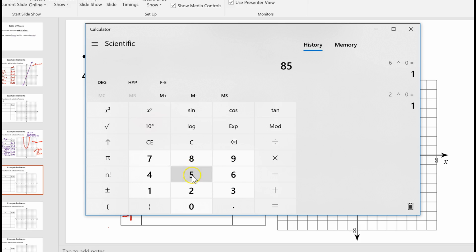I can do 8, 5, 2. I can put as many numbers in here as I want, in 0.5. And if I raise it to the 0 power, it's equal to 1. That is always going to be the case. It doesn't matter what I'm raising or what I have right here, what my base is. If my power is equal to 0, it's going to be 1. So let's go ahead and put that in our